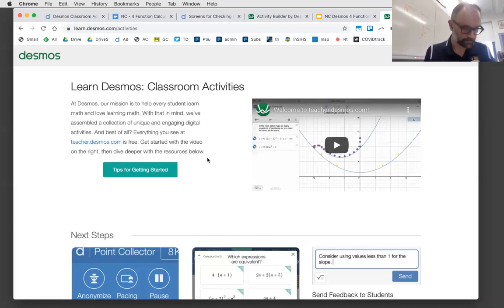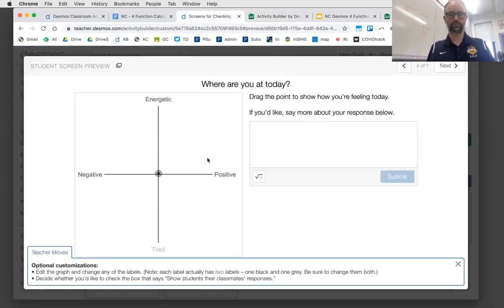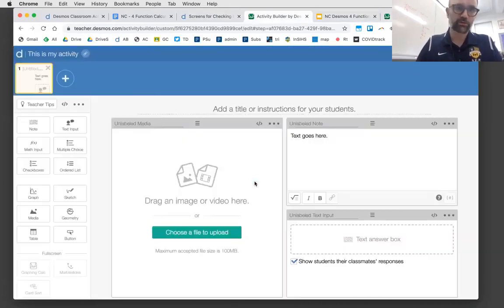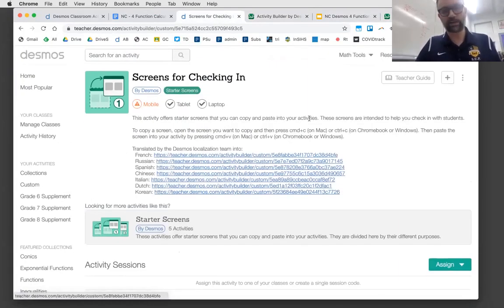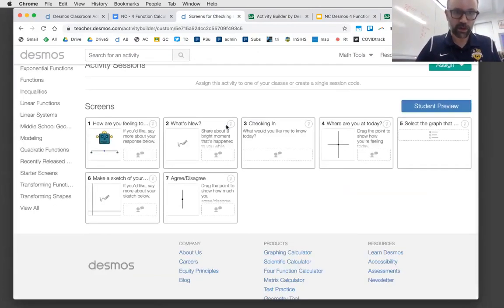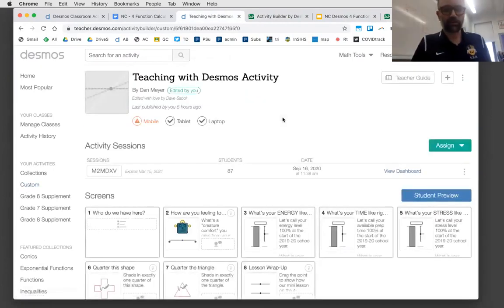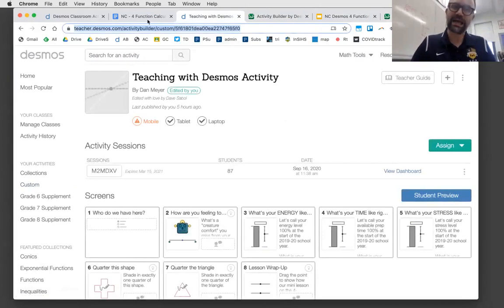And what about, is there a way that you can share something that you yourself have made with a colleague? Absolutely. I'm so glad you asked, because this is really how a lot of activities get shared, right? I'll go to this one. It doesn't really matter which one I use. So this is a sort of home page for where the activity lives, right? Okay, great. This is the one that we used in the session today. So there's a URL up here, and I can copy and paste that URL, text it to somebody, email it to somebody,